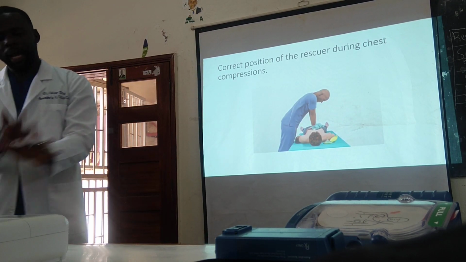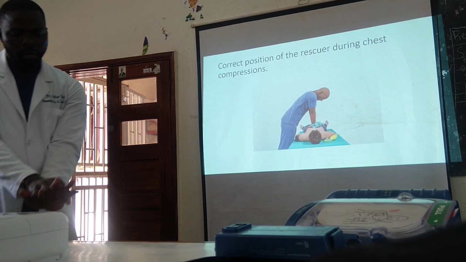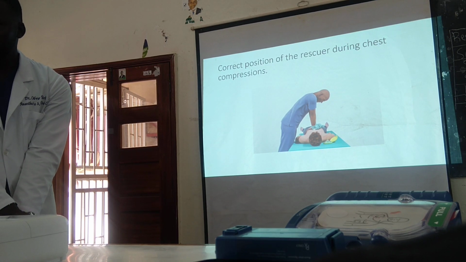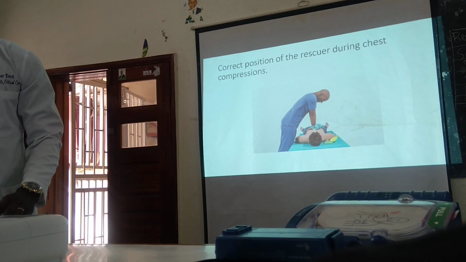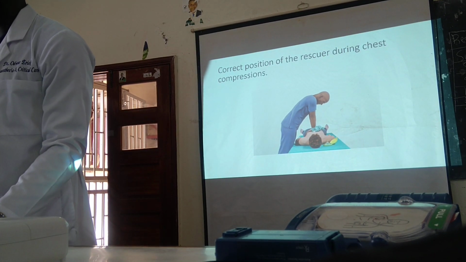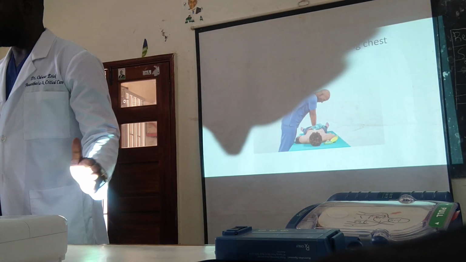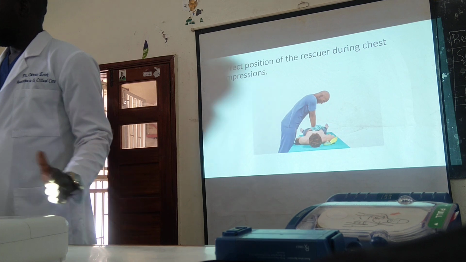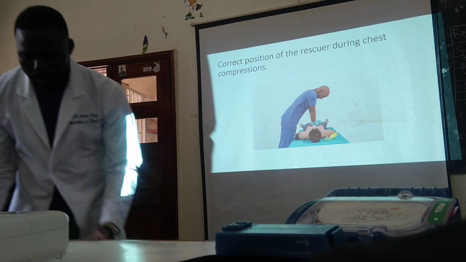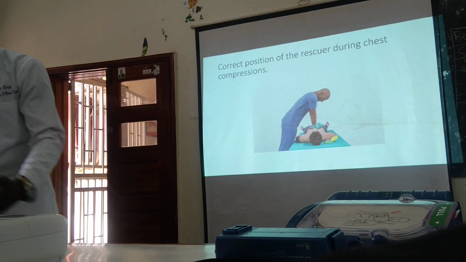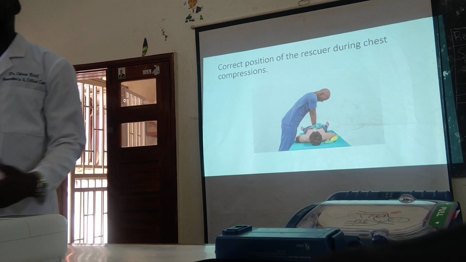You can interlock and then using the heel of your palm, press it on the breastbone, the lower third, and then it comes from the shoulder. You don't bend your hands. And be as close as possible to the patient. And mind you, let's say the patient rests here on this table. It is going to be very hard for you to do chest compression like this. You might need something that would raise you up, or at least put this patient down and just kneel on the side. But it has to be a flat surface.